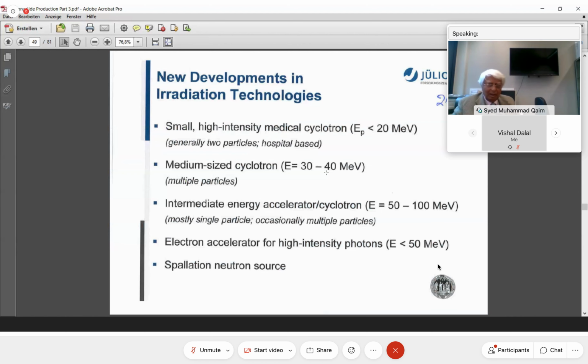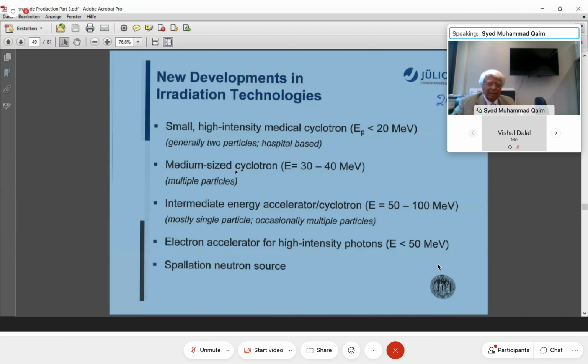for it. What is further going on is that the medium-sized cyclotrons, multiple particle cyclotrons, some of them are being built at 30 to 40 MeV. Such a new machine has been installed in Forschungszentrum Jülich. A few years ago, it is still not running, the building is getting delayed, but it is available, a 30 MeV machine, so it will be used for research and production purposes. So our old machine was replaced by this new machine. So things are going on in different laboratories like this.